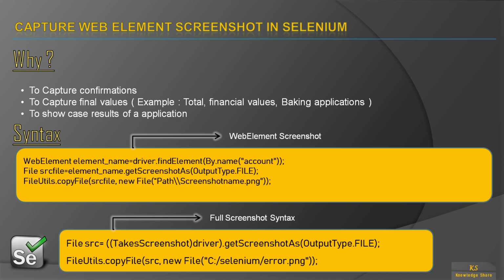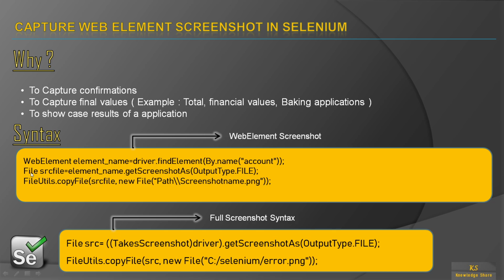First, look at the syntax of capturing a web element. You have to declare, as usual, a WebElement reference variable, and you have to store that web element using driver.findElement.